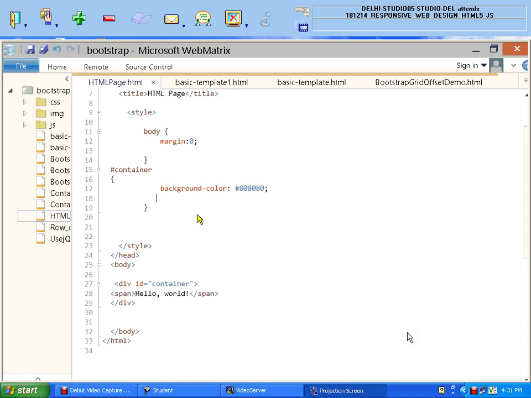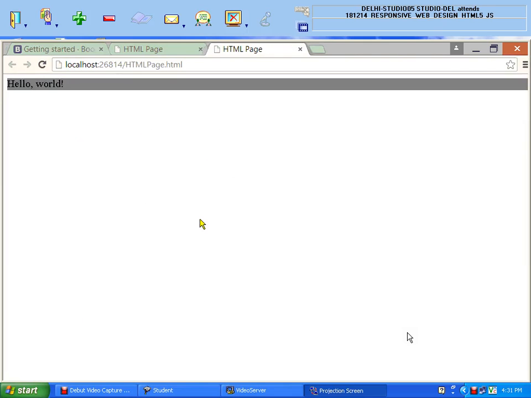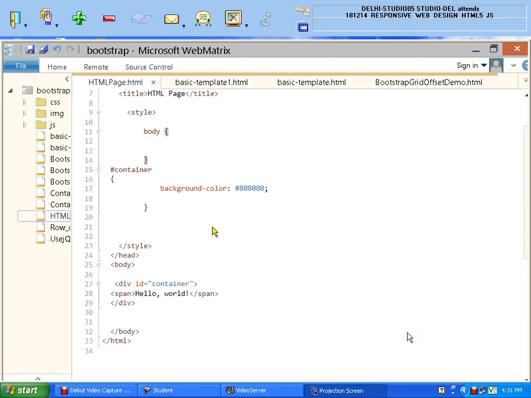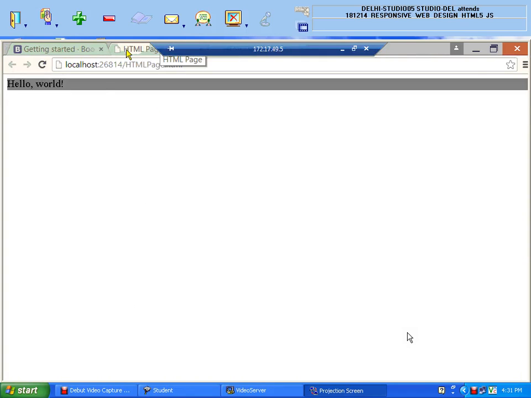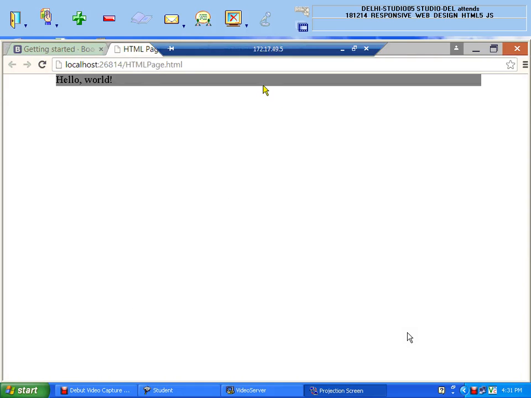Now to add fluidity, I write this code over here, and I also put a margin 0. If I do not put a margin 0 over here, you will see it will give me a margin on my web page and also a little padding. So you can see this place. It means to create a structure like this one, I need to write the